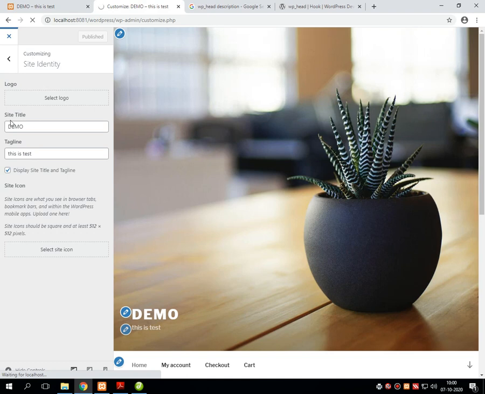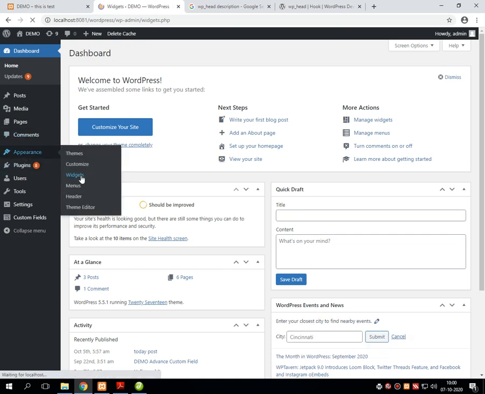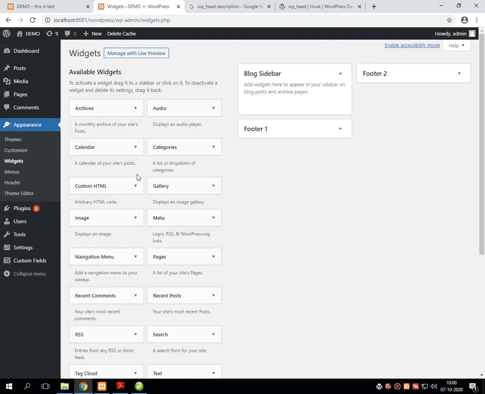I think I have applied the widgets, that's why it's not displaying. Let's go into the widgets, appearance, then widgets. Is there any active widget?